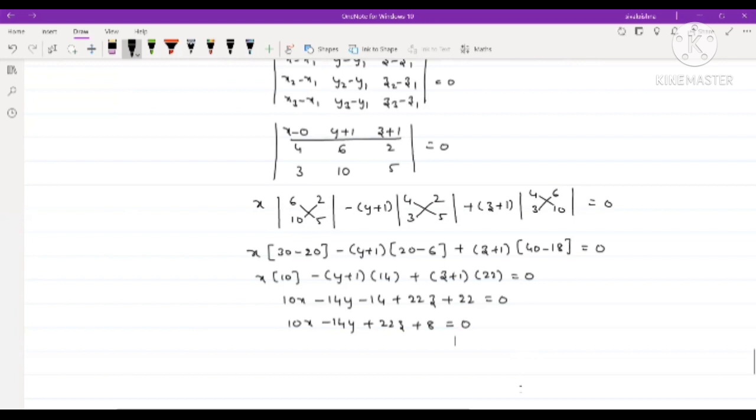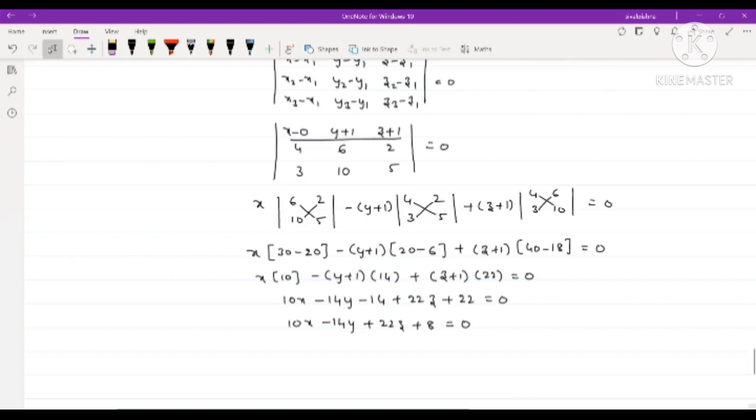So this is the equation of the plane passing through the 3 points. This is the plane equation. Now if we want to say the given 4 points are coplanar, after finding the plane equation we have to substitute the fourth point. Whatever the fourth point we have in the given problem, we substitute it in this plane equation. If that point satisfies this plane equation, then we can say that all the 4 points are coplanar. Coplanar means all the points lie on the same plane.